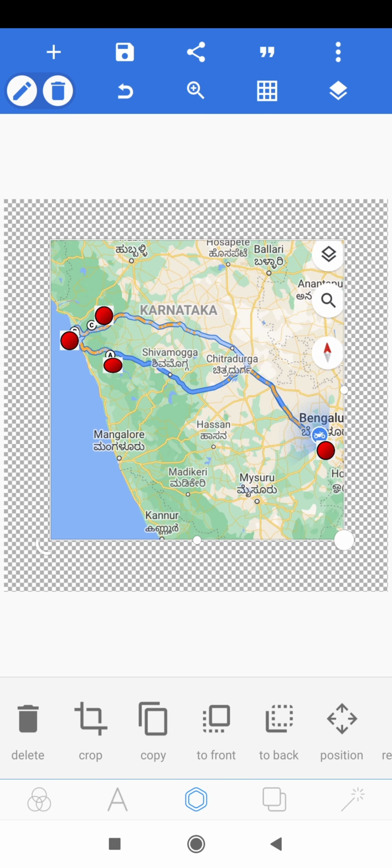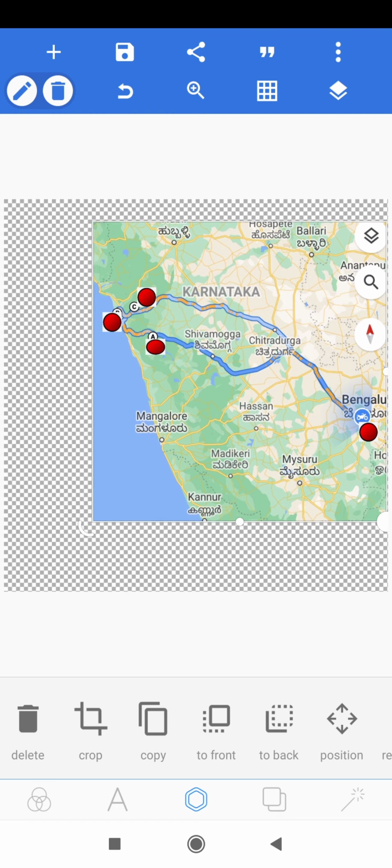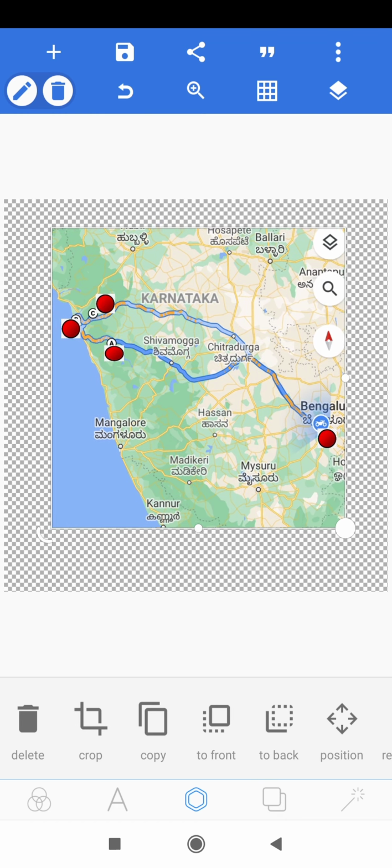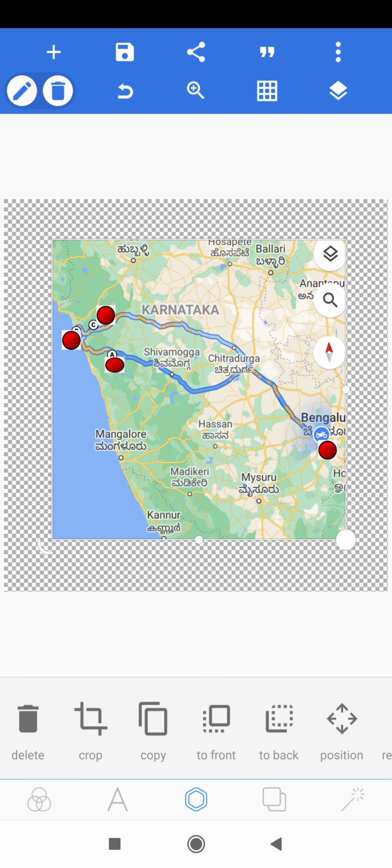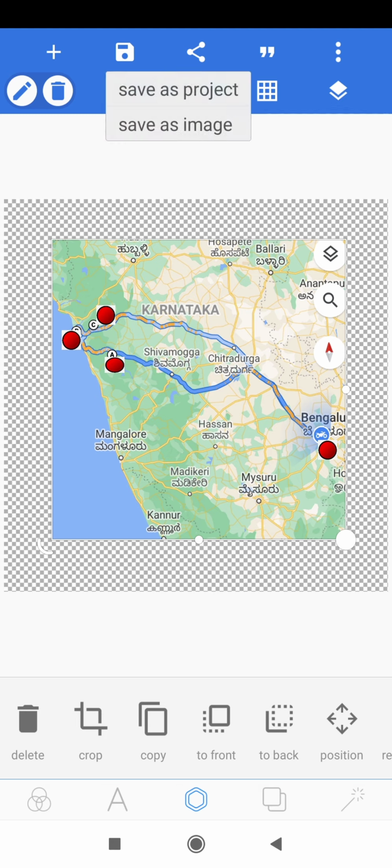Before that, without merging, your circles will remain the same and your map will be moving, but now the dots are remaining merged with the map. So next, just go to the save button.